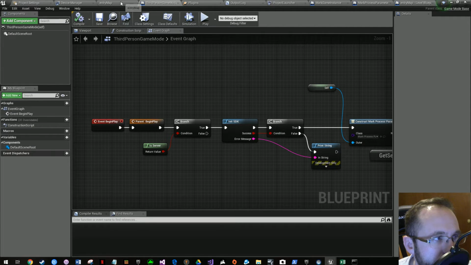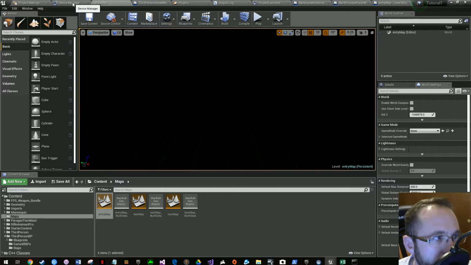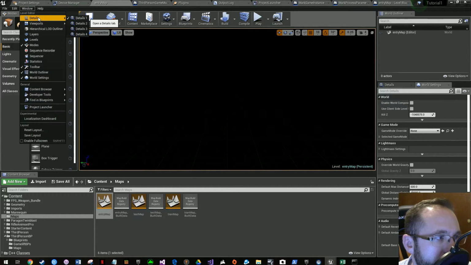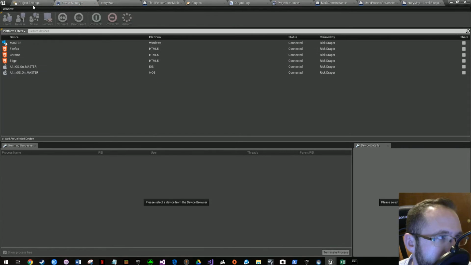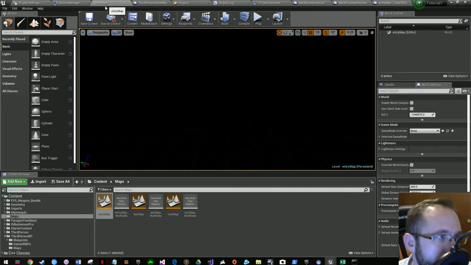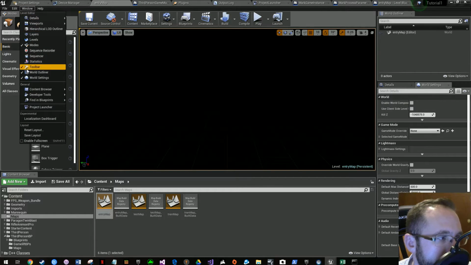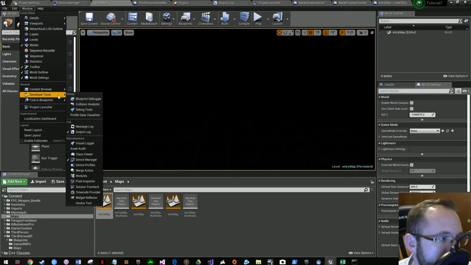So then at this point, I guess we can try and make a server, see how it goes. And then we can compare it with, let's do that. So if you want to go to Window, you'll find all these really cool things I didn't even know about. Developer tools, click Device Manager, you'll bring up this. Click Windows, Developer Tools,